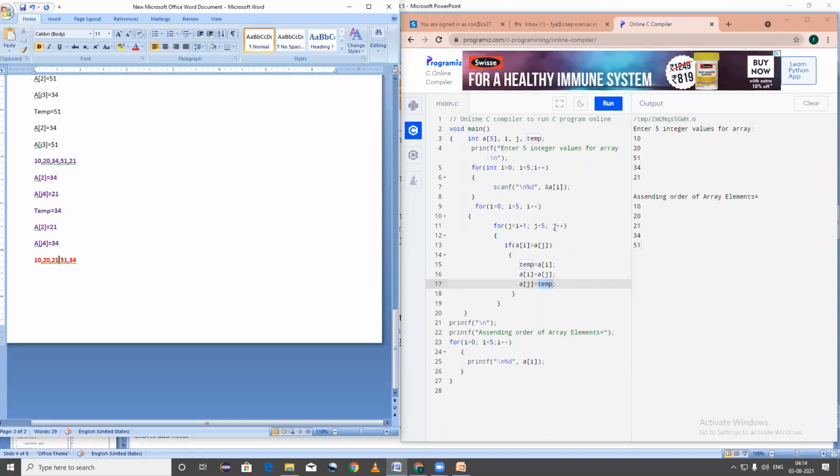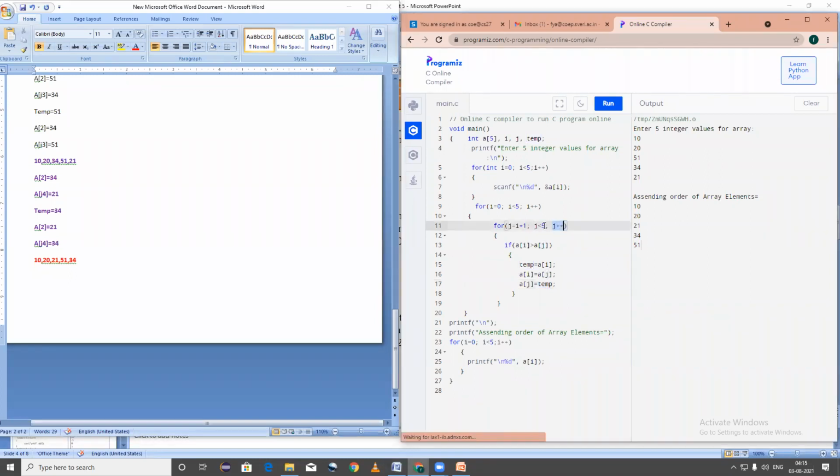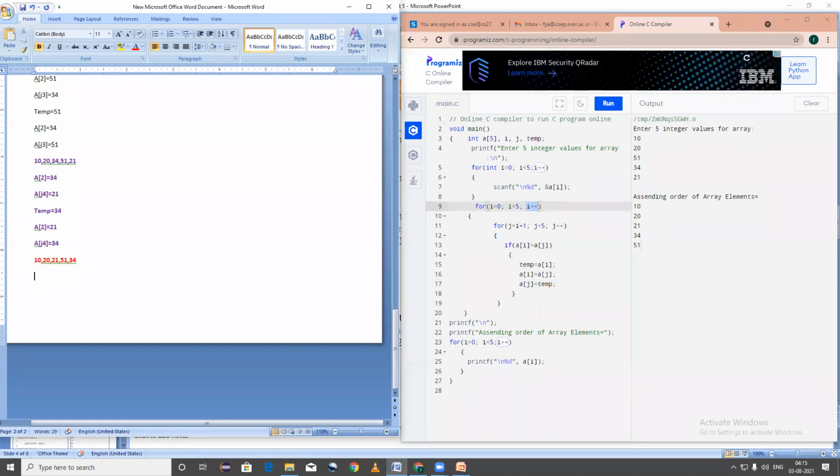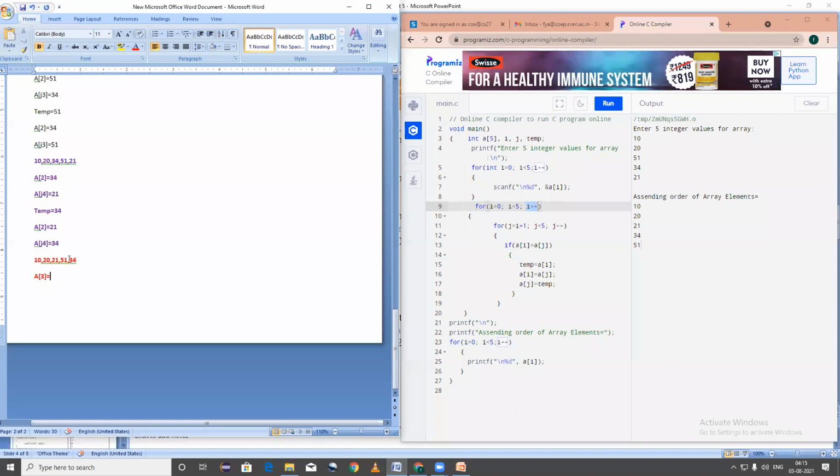Now again it increments by 1, j plus 1, that means 4 plus 1, 5. Is 5 less than 5? Condition true or false? 5 less than 5? False. So it will not execute this, right? Now it will go and increment the value of the i variable, 2 plus 1, 3. Now a of 3 is equal to, what is the value here? Now don't go with here because the values are changed. Now check here, what is the value of a of 3? 0, 1, 2, 3, it is equal to 51.